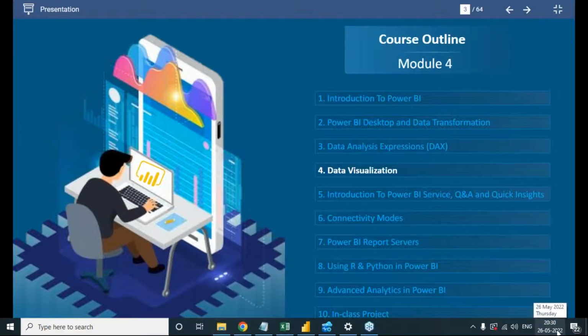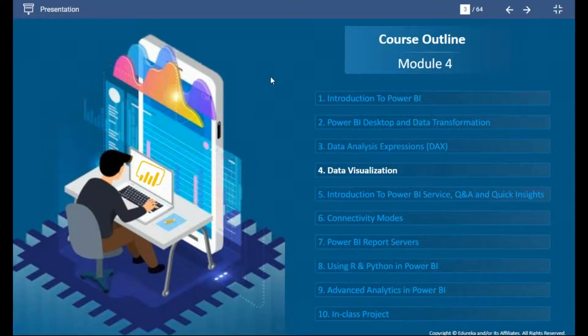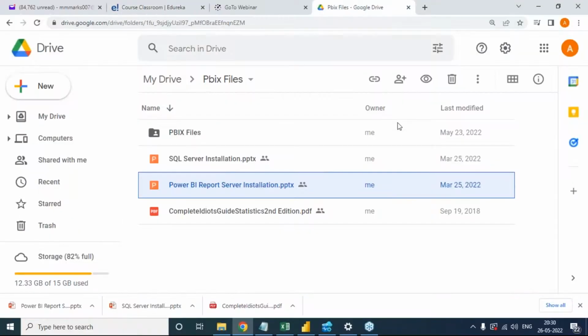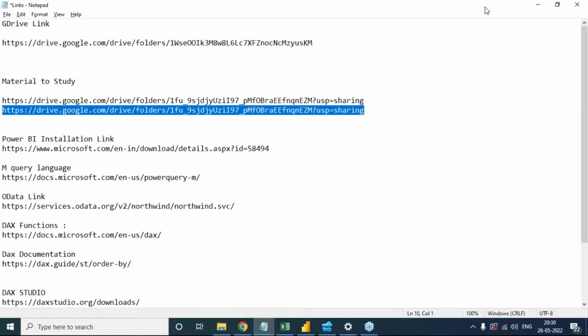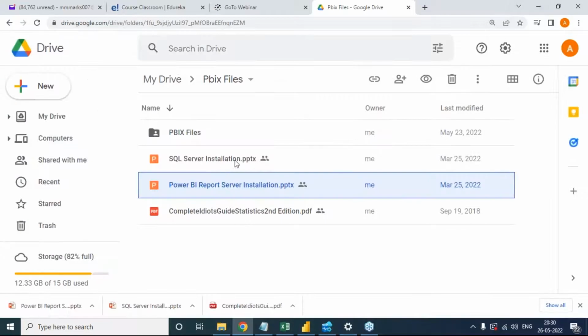Guys, I will wait for another 2 minutes and we'll start. Hi, Saurav. Meanwhile, let me show you where I placed it. One is you will get here, same link. I just checked, the link is the same. And the second thing, here you will see SQL Server installation. Probably you can give it a try tomorrow. If it's already done, that's good. And here Power BI Report Server installation is also there. Other than this, here we have